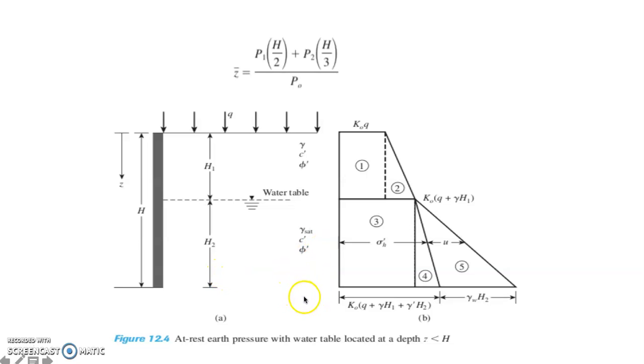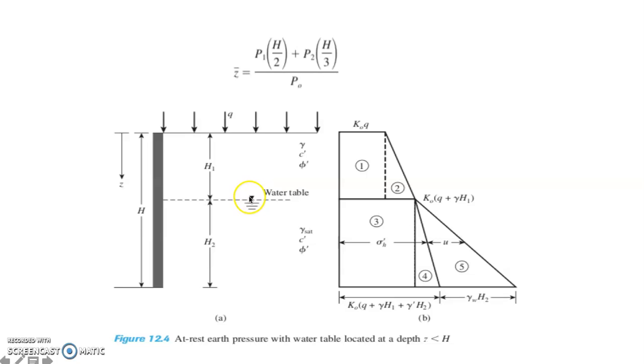Now you can compute the horizontal force, or the lateral pressure. That would be equivalent to K naught times sigma O, or K naught times the vertical stress that we have computed when Z is equal to H2. Whatever is the result for sigma H, you are going to plot that. So from this endpoint of H1, you draw a line, triangular form. So this is now when Z is equal to H2.